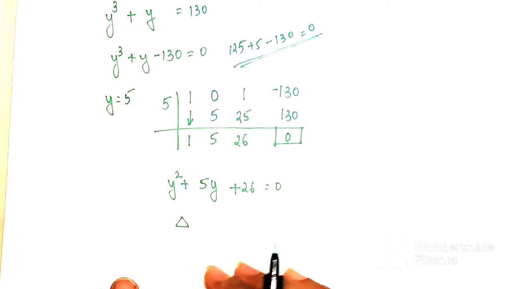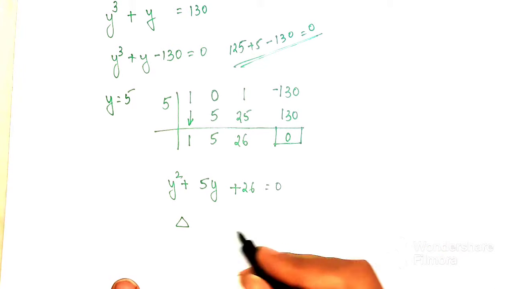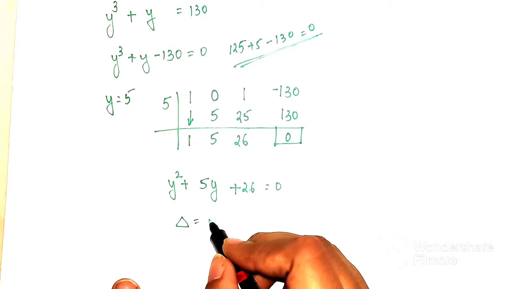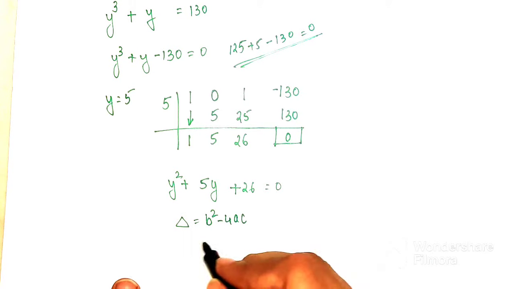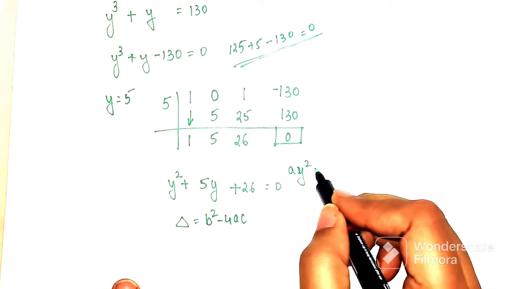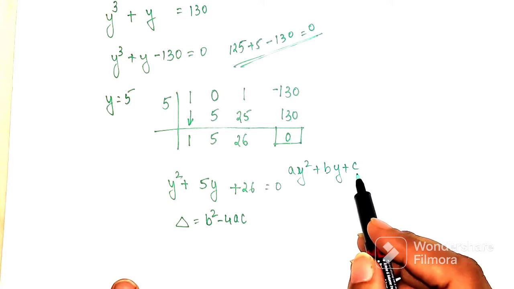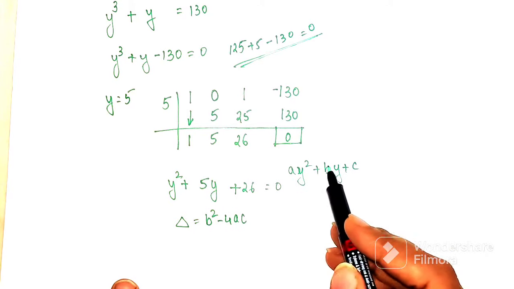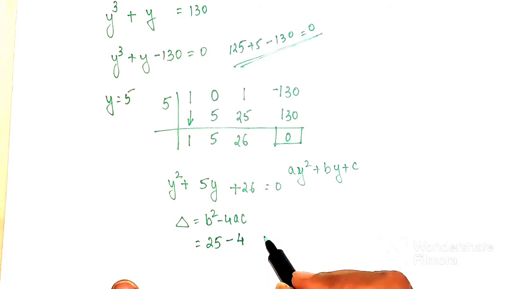If it is less than 0, then we do not have to solve this, because this is giving you 2 imaginary values. So the delta value is nothing but b square minus 4ac. Basically this is ay square plus by plus c, so a, b and c are our coefficients. Here your b is 5, so that becomes 5 square, which is 25, minus 4 into a, which is 1, into c, which